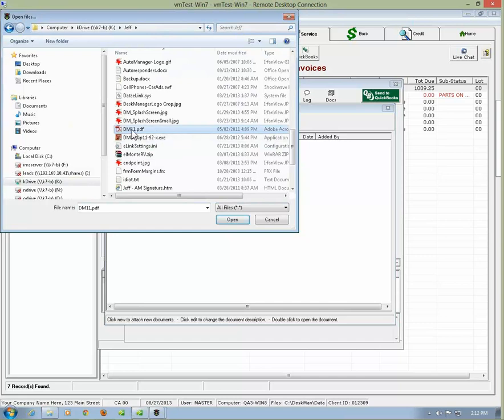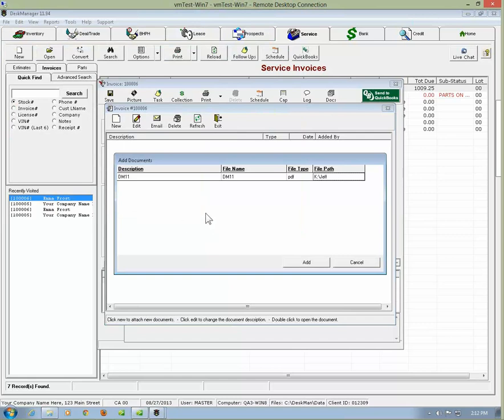All right, so you find the document, however, whatever format you've scanned it in, find your document. And now when you open it, DeskManager is going to take that document, and we're going to make a copy of it. We're going to stash that copy in your data folder in a special documents folder associated with this invoice. That way, if anything happens to the original,